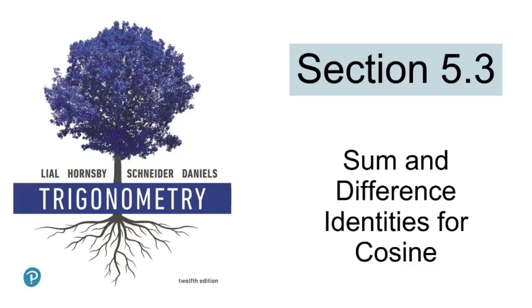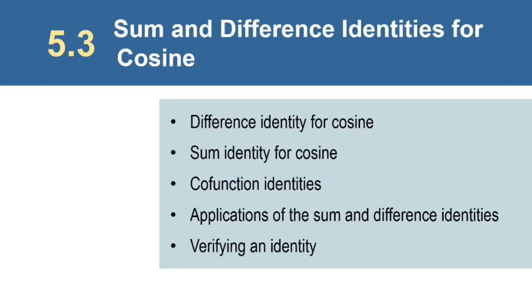Today we're in section 5.3 and we're going to be learning about the sum and difference identities for cosine. So this section really focuses on two very important identities. We're going to learn the difference identity for cosine. That is, we're going to learn how to calculate the cosine of a difference between two angles. And we're also going to learn the sum identity for cosine, which is how to calculate the cosine of a